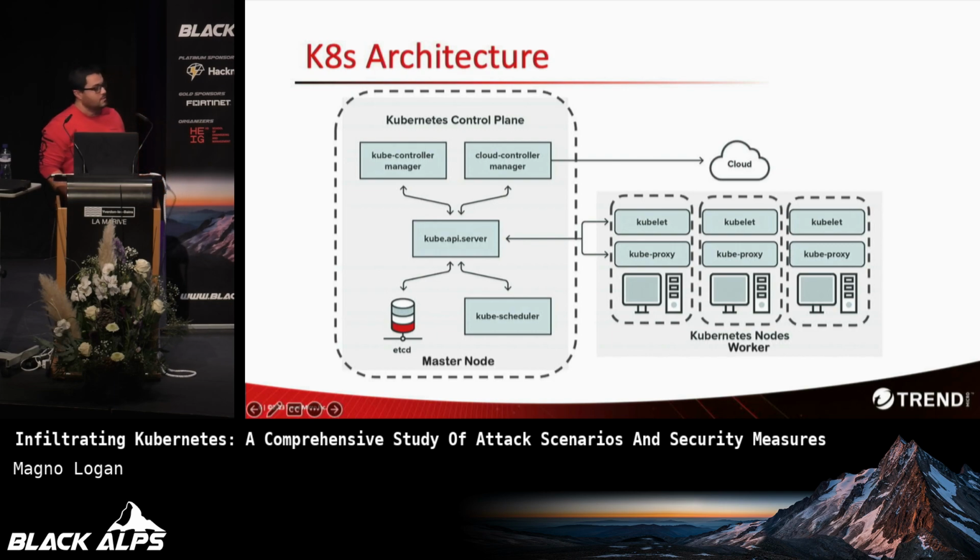Okay. So if you haven't heard about Kubernetes, if you don't really understand how it works, this is the main slide for this talk. This is very important because these are the main components of a Kubernetes cluster. So I'm going to explain each one of them, trying to describe them in detail and in a way that's easy to understand. So we have two main components here. We have the control plane, which used to be called the master node, on the left, and we have the worker nodes, which are the three components on the right there as well.